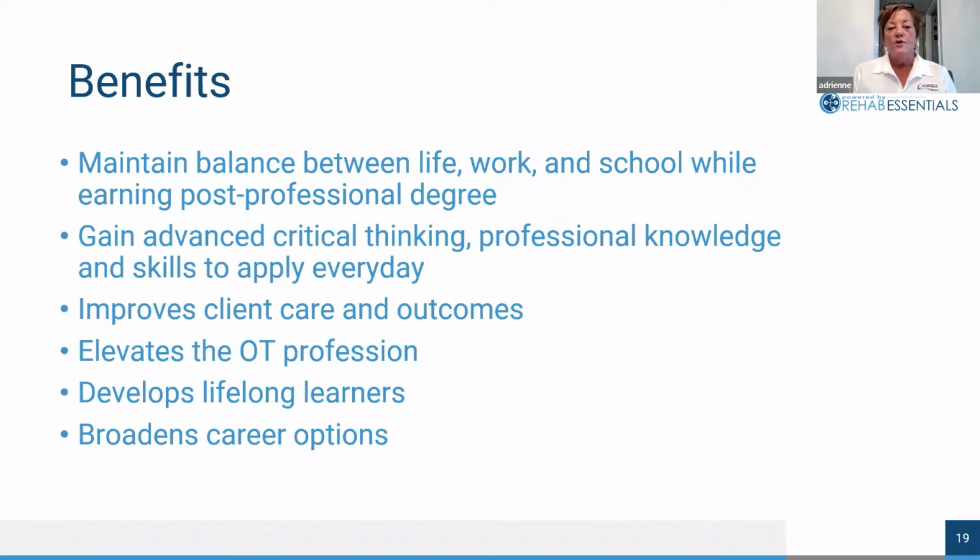The benefit is also elevating the profession, becoming lifelong learners, definitely improving client outcomes and the quality of care that we provide for them, and being able to examine and articulate those outcomes, and to most definitely broaden your